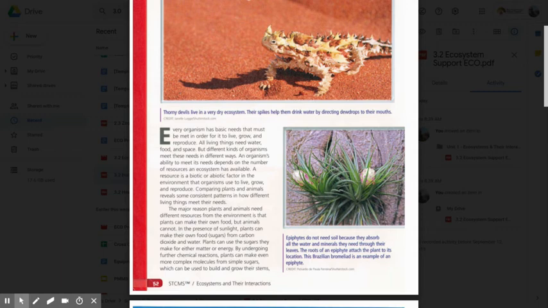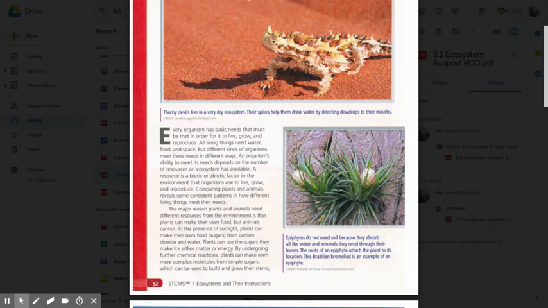Comparing plants and animals reveals some consistent patterns in how different things meet their needs. One major reason plants and animals need different resources from the environment is that plants can make their own food, but animals cannot. In the presence of sunlight, plants can make their own food, sugars, from carbon dioxide and water. Plants can use the sugars they make for either matter or energy. By undergoing further chemical reactions, plants can make even more complex molecules from simple sugars, which can be used to